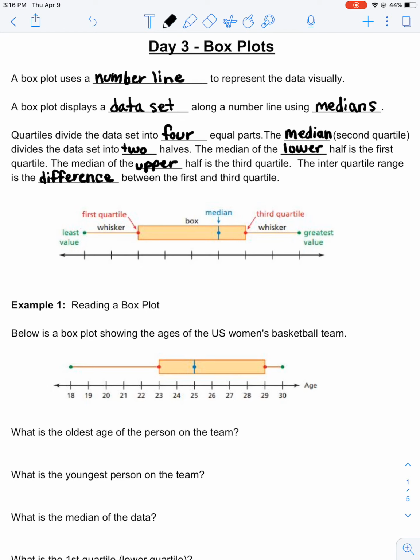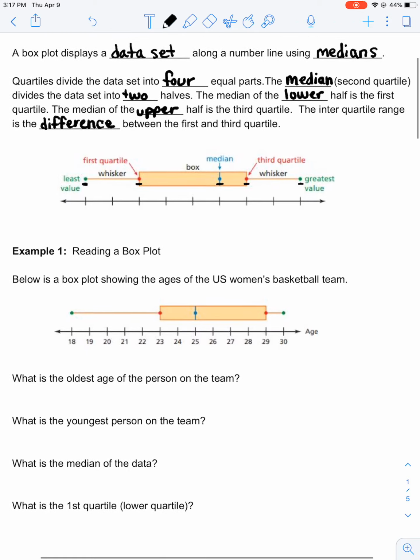So looking at this box plot, this is our least value. This is our greatest value. Here is your third quartile. Here is your first quartile. And this right here is your median of the entire set of data. So for example, if we're reading a box plot,